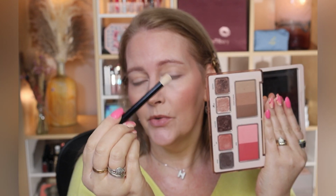Again, not being massively precise. I don't want this to be a perfected look, and I want this to be a quick and easy look, so I'm just really whizzing this into the crease. I'm just taking it out a little bit there. And using my Merit No. 2 brush, the thicker end, which is the brush I use for all cream eye products,